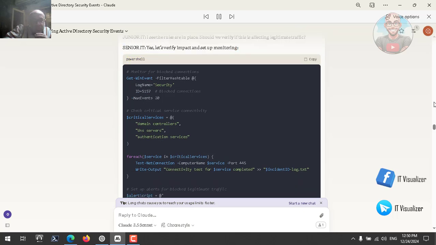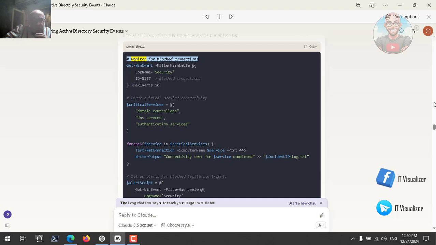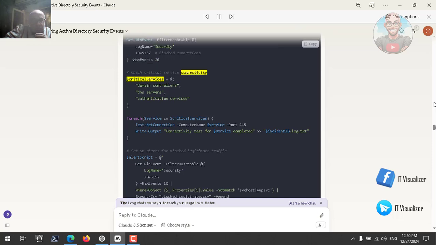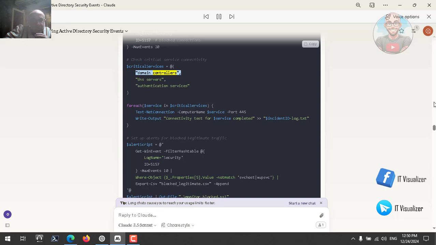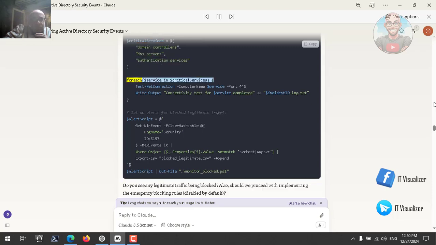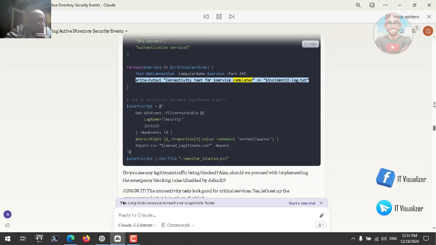PowerShell. Copy. # Monitor for blocked connections. Get-WinEvent -FilterHashtable @{LogName='Security'; ID=5157} # blocked connections -MaxEvents 20. # Check critical service connectivity. $criticalServices = @(domain controllers, DNS servers, authentication services). foreach ($service in $criticalServices) { Test-NetConnection -ComputerName $service -Port 445. Write-Output "Connectivity test for $service completed"